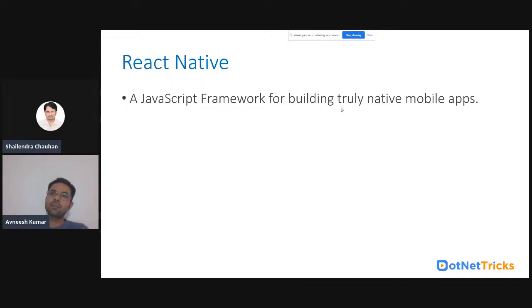In the beginning, around 2010, this was the era when web applications were going to be presented as mobile apps. There was a need from different customers that they wanted their web application to run as a mobile app.